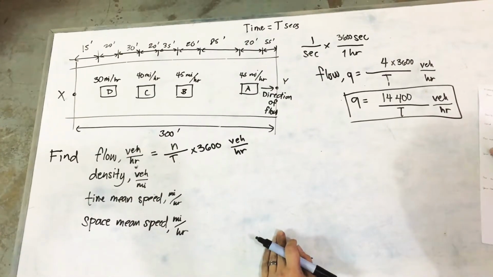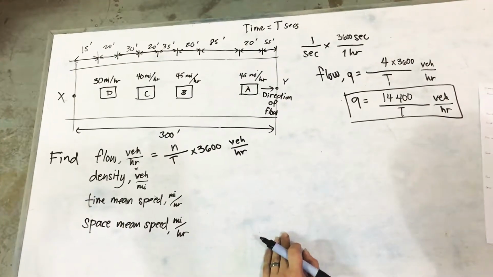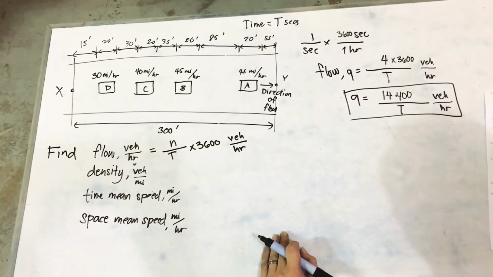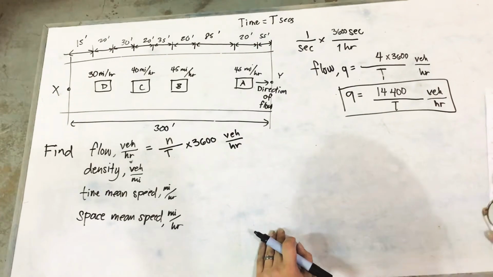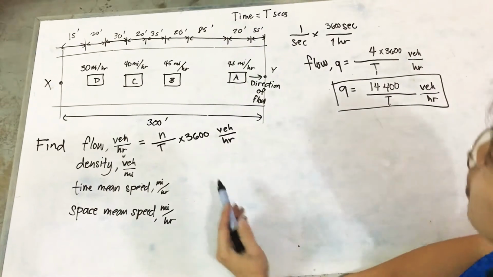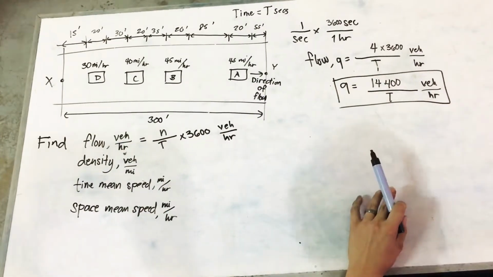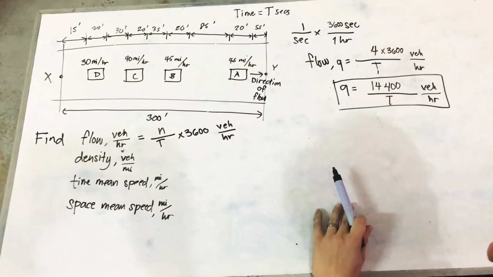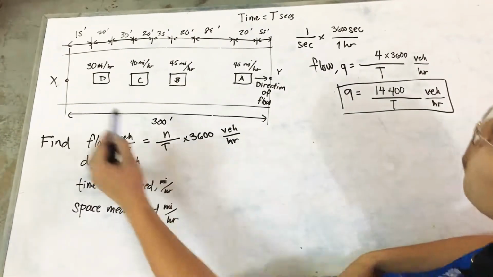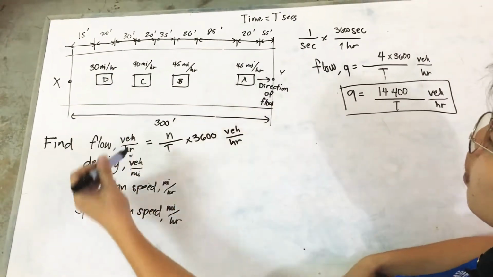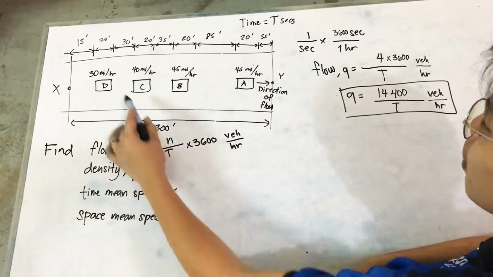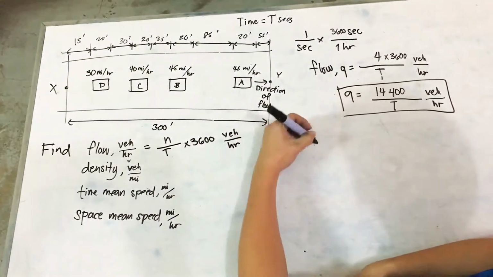Density is defined as the number of vehicles traveling over a unit length of highway at an instant, okay, at an instant. So vehicles per mile, no? And this is also referred to as concentration. So how do you calculate density? Again, let's go back to the definition: number of vehicles traveling over a unit length of highway at an instant. Commonly the unit length is mile, but we have 300 feet. So in 300 feet there are 4 vehicles in this instant,